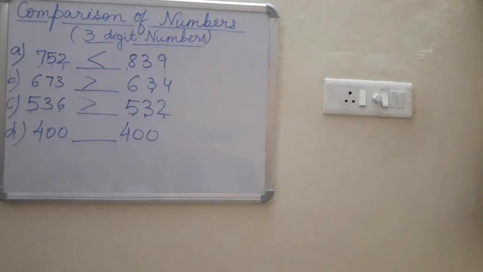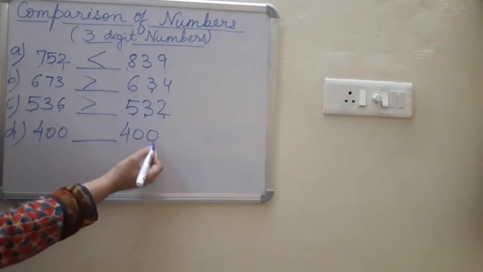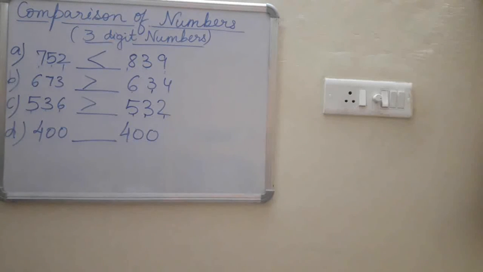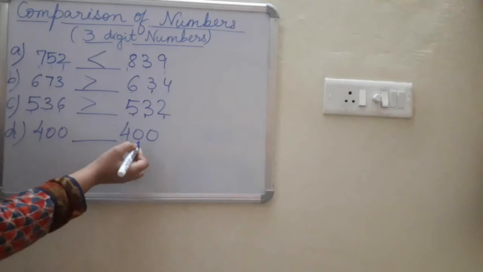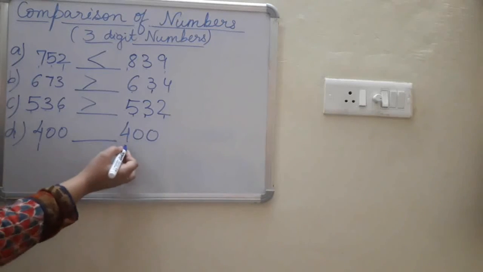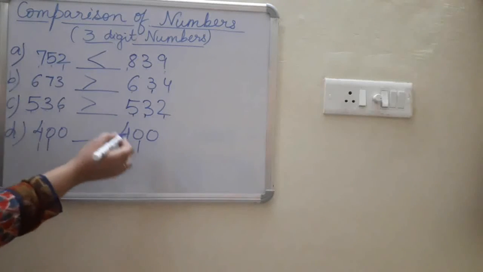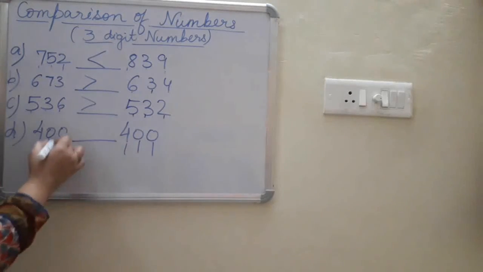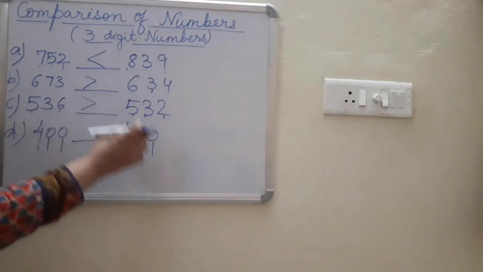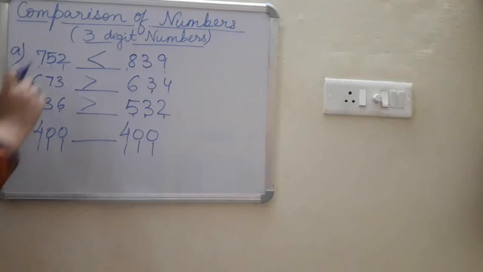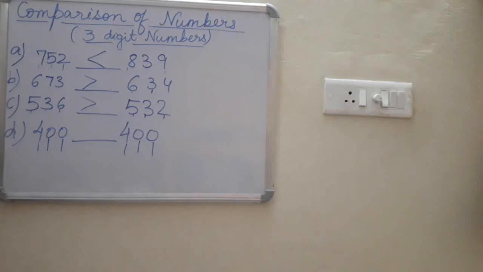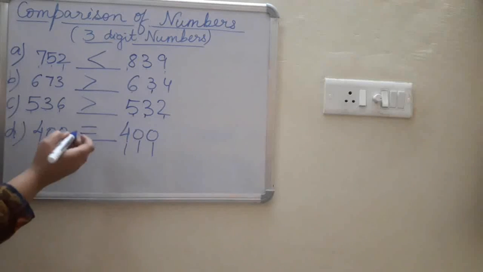In this you can see we have got two numbers. Here is 400 and here also we have got the number 400. There is no difference between these two numbers. Both are same. The digit at hundreds place is 4 on both the sides. Digit at tens place is 0 on both the sides. And digit at ones place is 0 on both the sides. It means there is no difference between these two numbers. Here also there is 400 and this side also there is 400. It means both the numbers are equal. So whenever we find such numbers which are equal, which are exactly the same, in that case we put the sign of equal to.